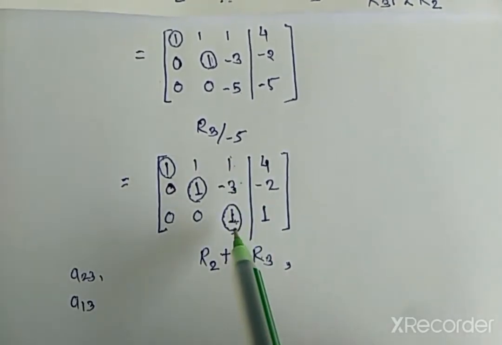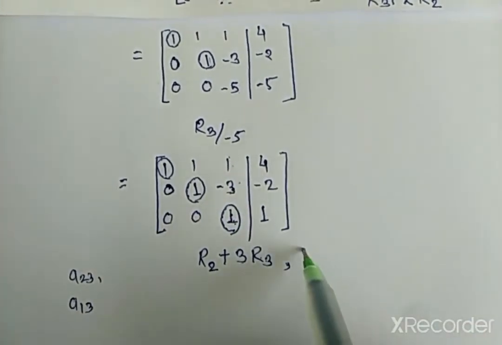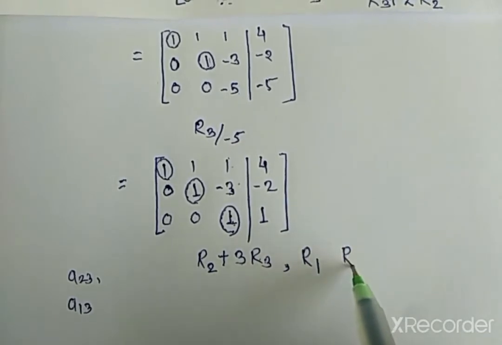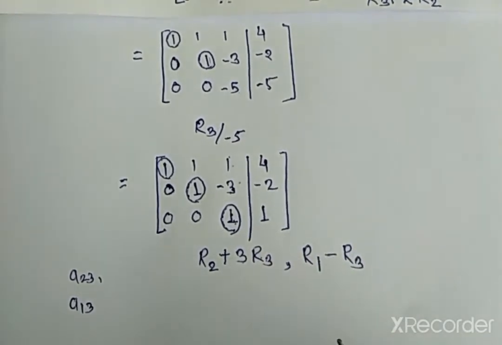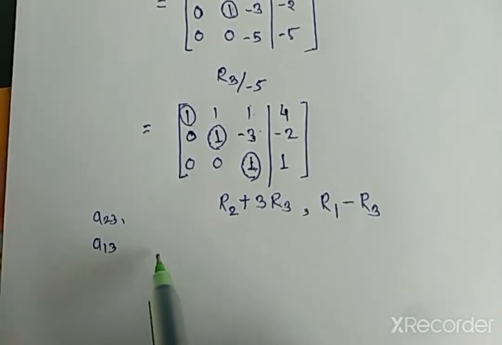Similarly, here A13 is 1 and A33 is 1, so 1 minus 1 is 0. So the row operation is between R1 and R3. We directly subtract R1 and R3, so that we have the next step as